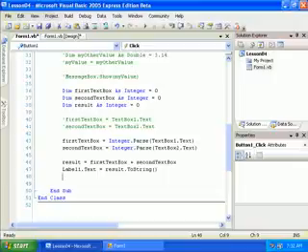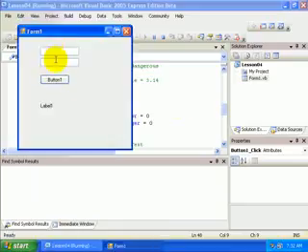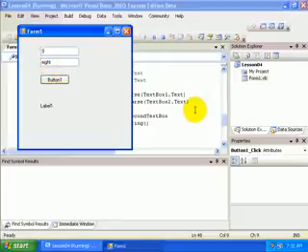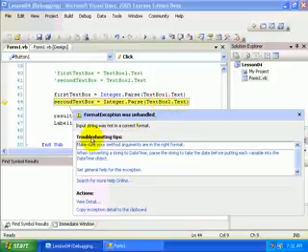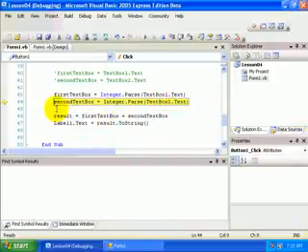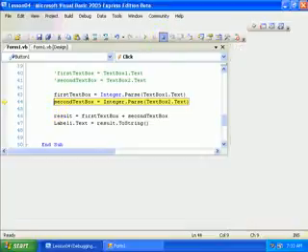So now let's take a look back at our example. You can see that we're still going to have a problem here. No matter what, if I were to run this application, even by doing the explicit conversion, I still can't work with this scenario. You're still going to get an exception: Input string was not in a correct format. However, at some point in the future we're going to talk about